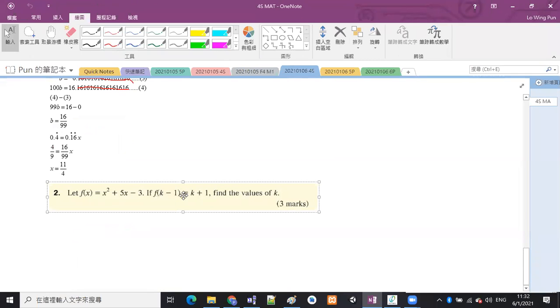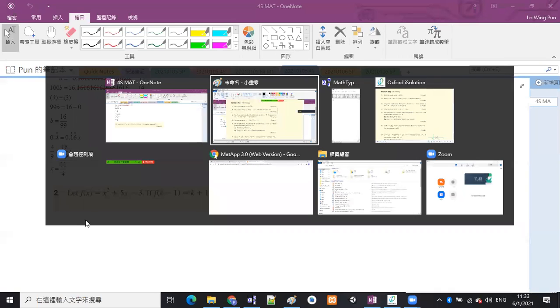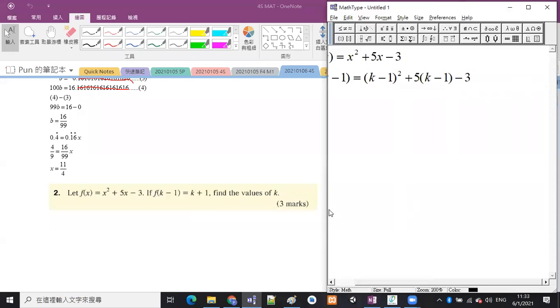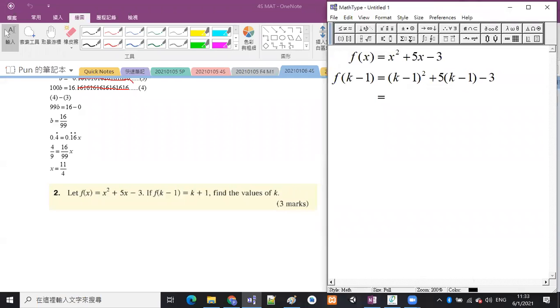And if f(k minus 1) is equal to k plus 1, okay, this is the formula of the function, so we know what it is. Then they ask you something else. It is simple, you just calculate. Here I copy it again: f(x) is x squared plus 5x minus 3, right? And then f(k minus 1), we calculate it ourselves. It is (k minus 1) squared plus 5 times (k minus 1) minus 3. We just change all the x into k minus 1. So and then we will expand the brackets,